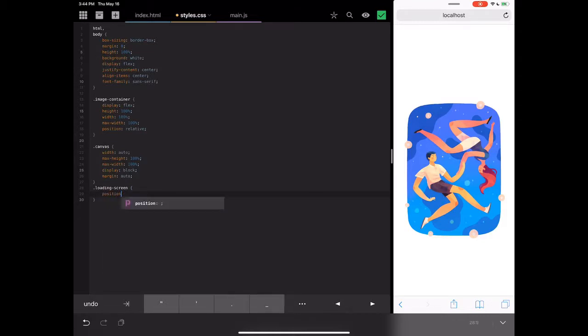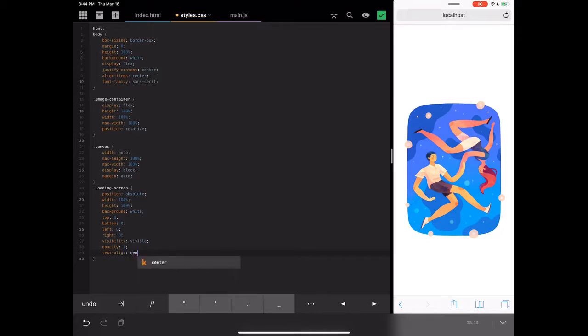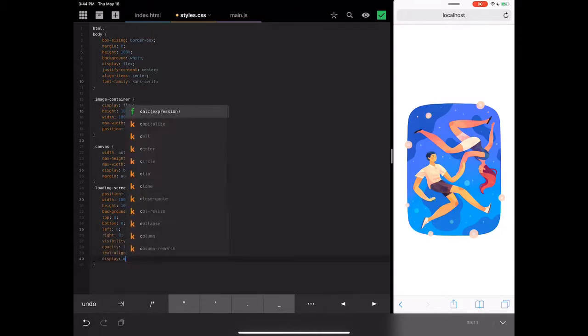I'm going to say position: absolute, wow, if I can spell, width: 100%, height: 100%, background: white, top: 0, bottom: 0, left: 0, right: 0, visibility: visible, and opacity: 1, text-align: center, display: flex,